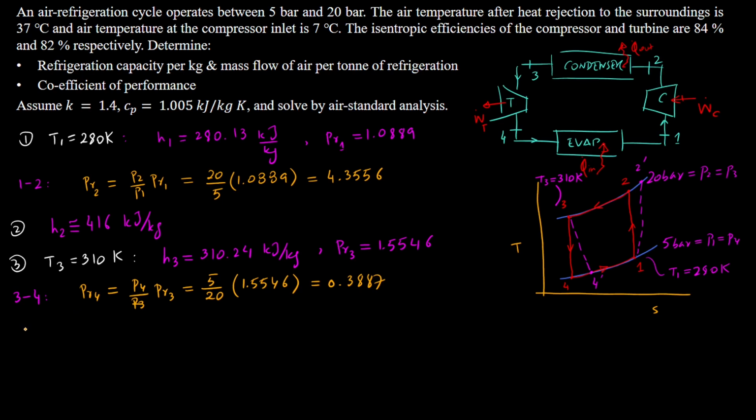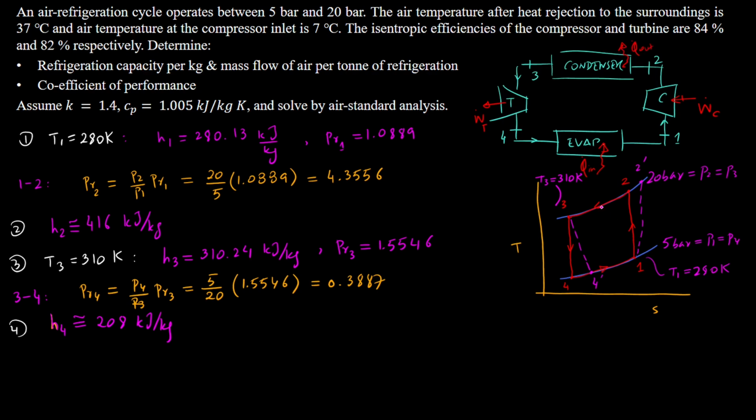So for state 4, enthalpy at 4 is approximately equal to 208 kilojoules per kilogram. So we've got enthalpies at all the states now, but we're not done with finding out